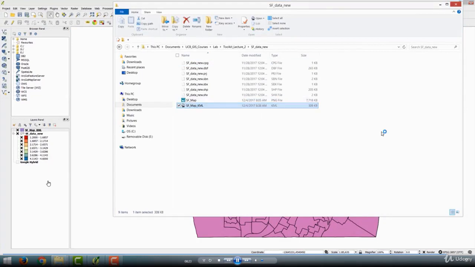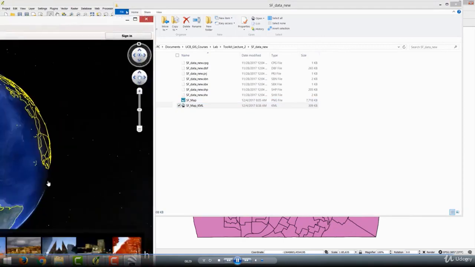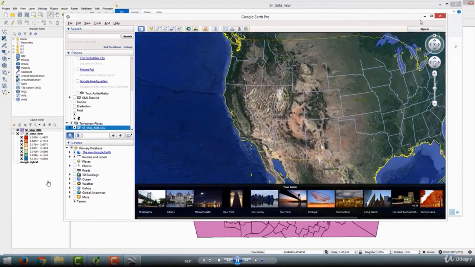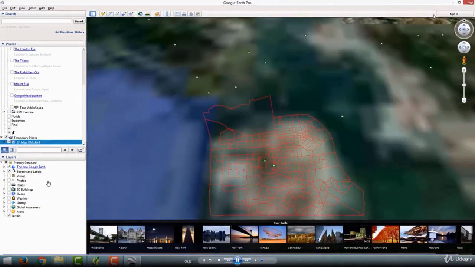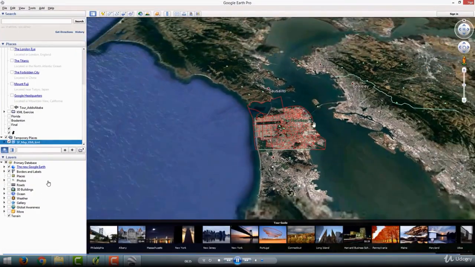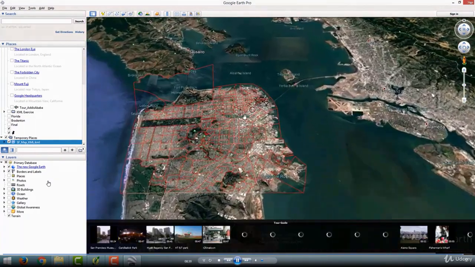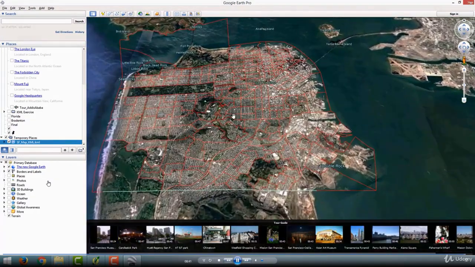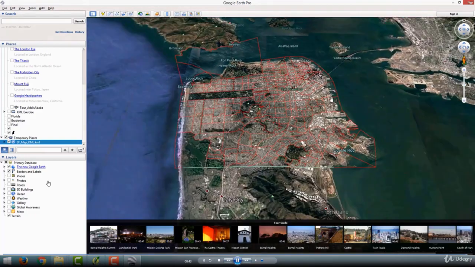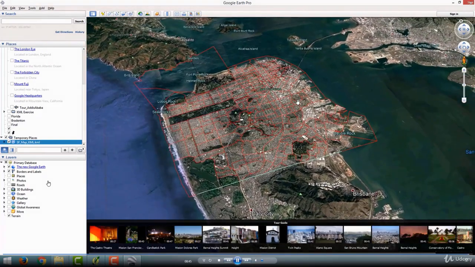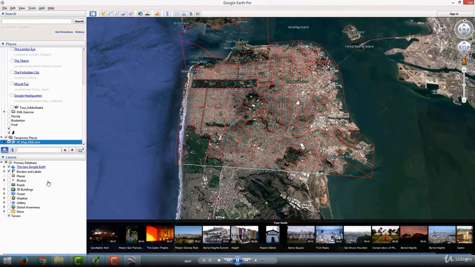Let's make sure that it's by double clicking this file, and it should show up on Google Earth. Here we go. So now my SF new layer, my SF data is exported, shapefile is exported as a KML file where I can visualize it on Google Earth. I can zoom in, zoom out, pan,